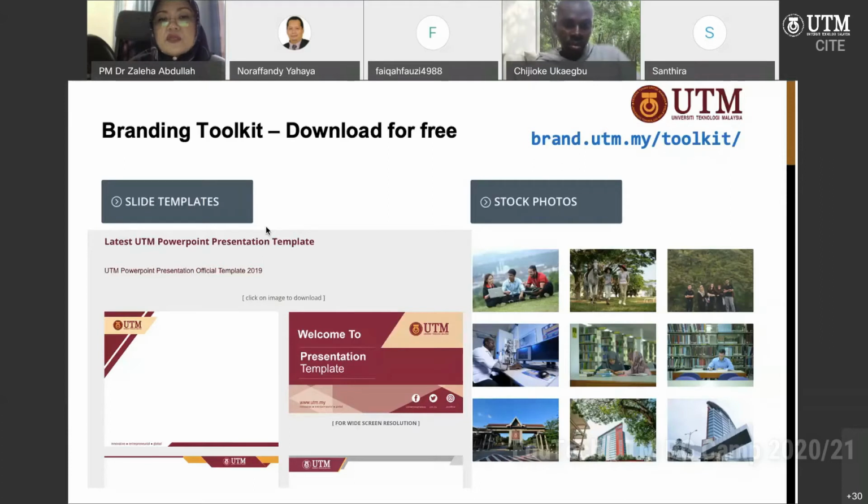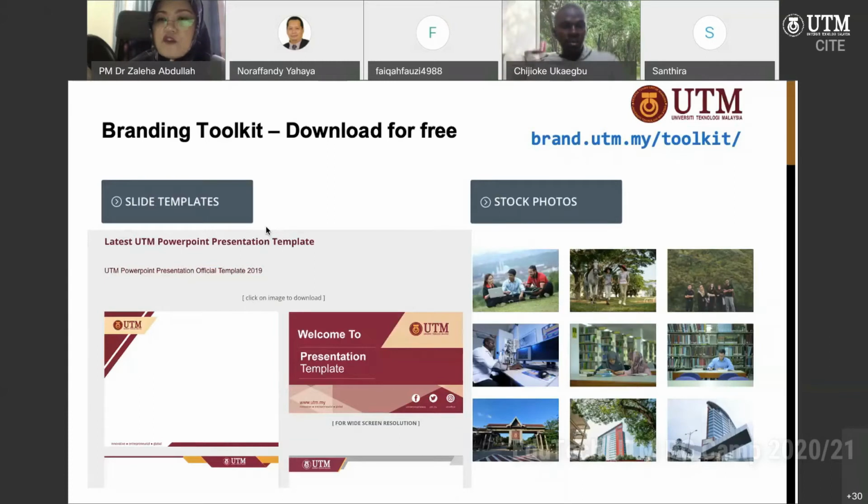So when you do the presentation, you can go to brand.utm.my, pick the slide templates menu, and download these free templates. Again, it is advisable to do so because this one portrays the exact right logo, and we already prepared the corporate colors for you. So it really represents you as UTM students.